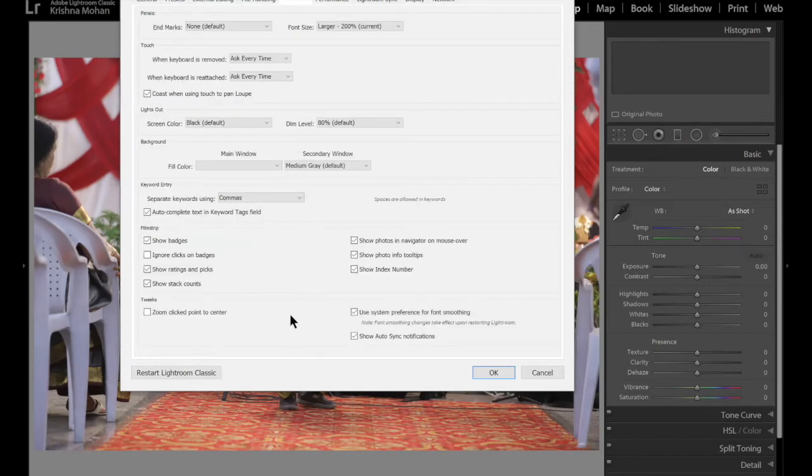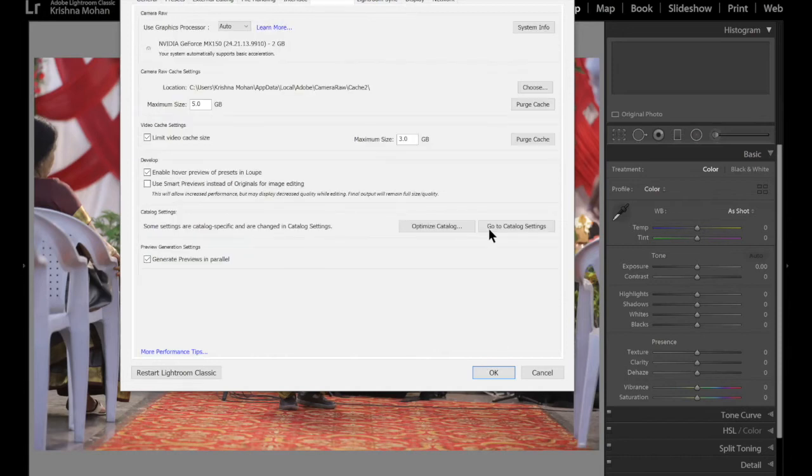I forgot exactly where the catalog settings are. Yes, it's under Performance. It has changed; earlier it was in General, now it has come to Performance.